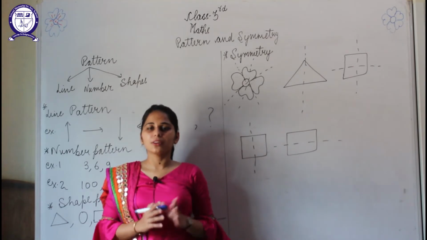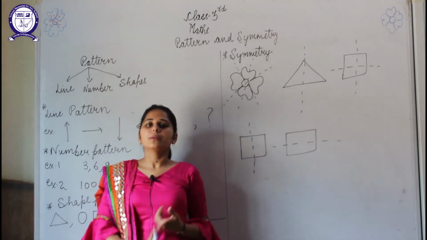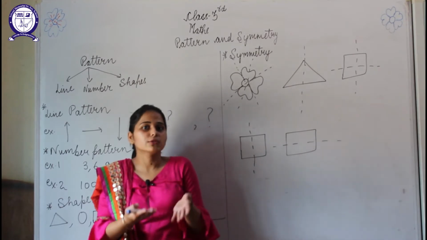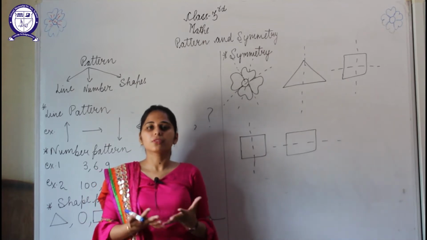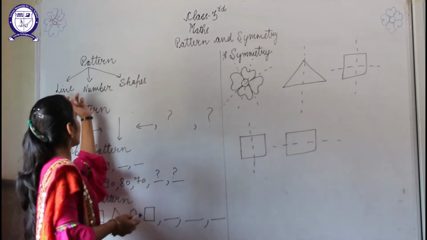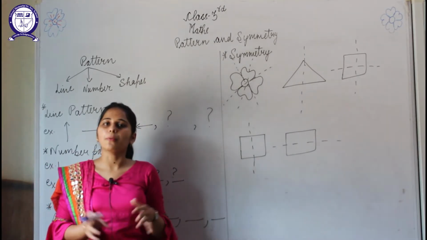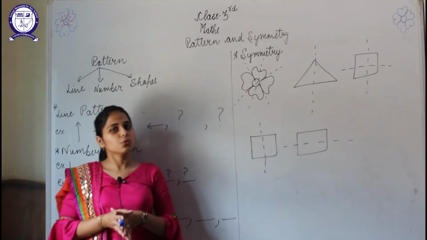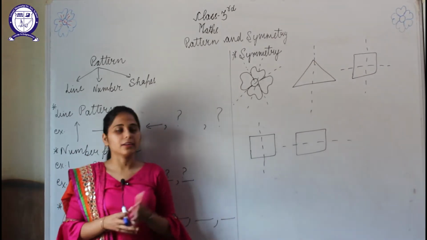So students, in our today's third class of maths, we'll discuss a new topic, that is pattern and symmetry. Students, a pattern can be in any form, like in your floor tiles, bathroom tiles or kitchen tiles, and also in clothing like your bed sheets and saris. You can observe different types of patterns in the form of numbers, lines and shapes, or alphabets also. A pattern can be formed by alphabets, or geometrical shapes like circle, triangle and squares also. Now we'll discuss some types of patterns and then symmetry.